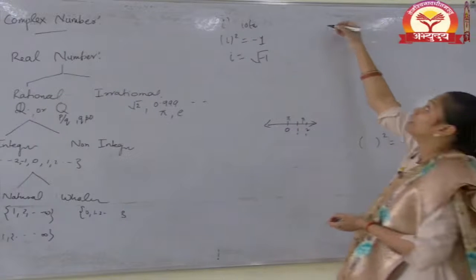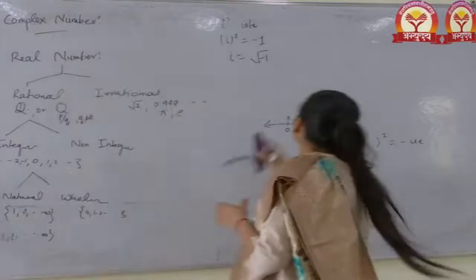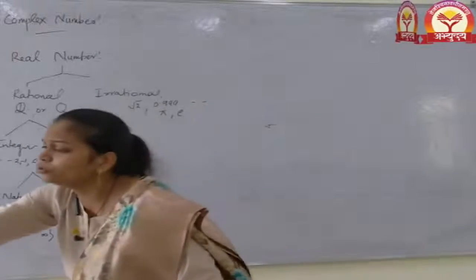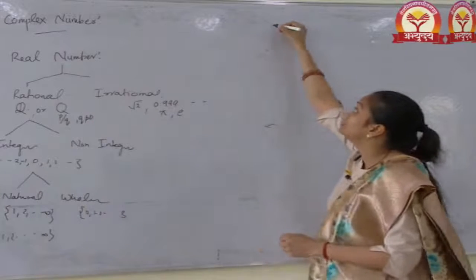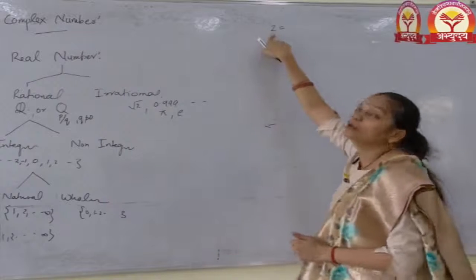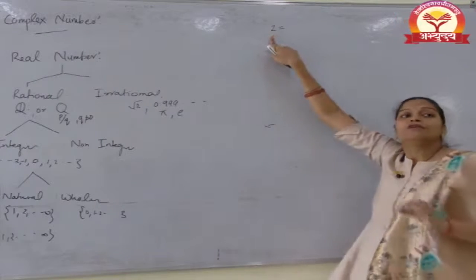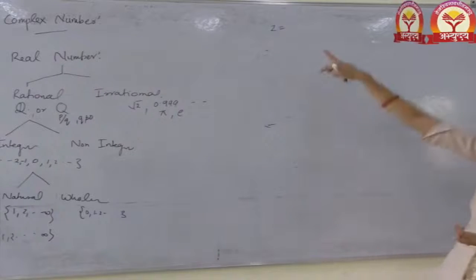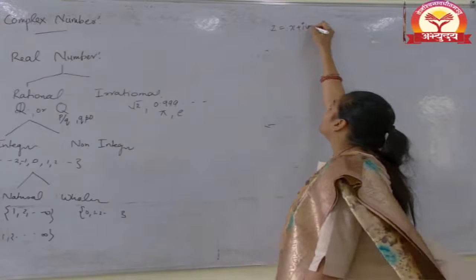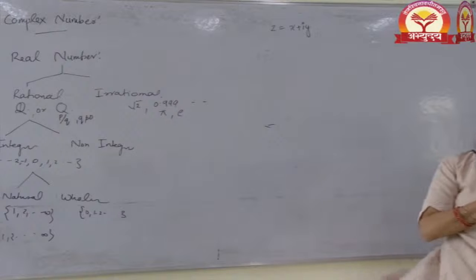Generally when we define a complex number, we use a symbolic representation like z1, z2, but presently as we start, we can use only z. So z is equal to what? x plus i y. This one is a representation of a complex number where